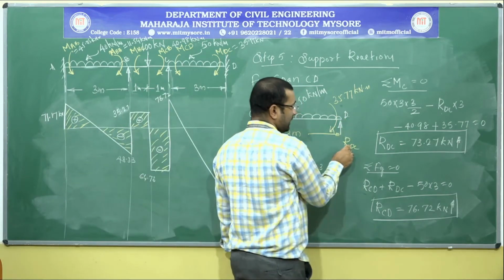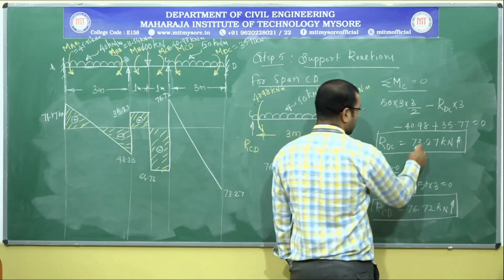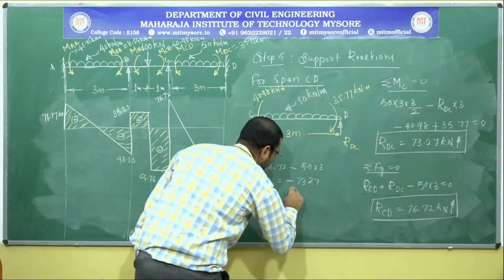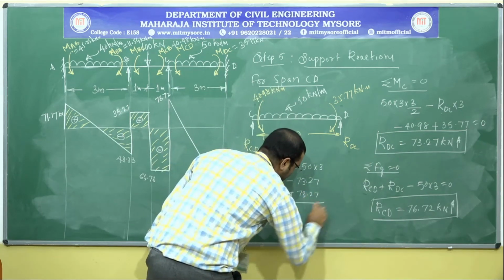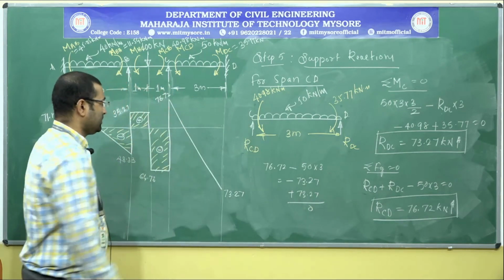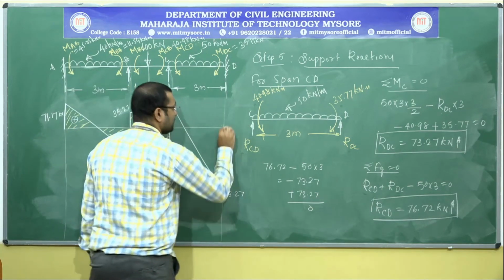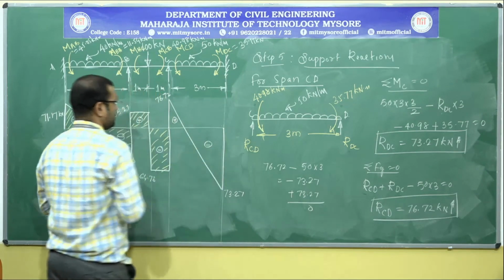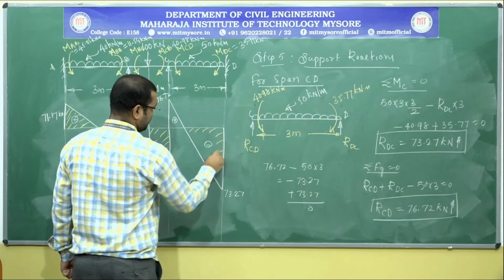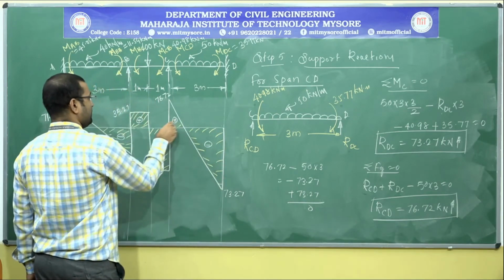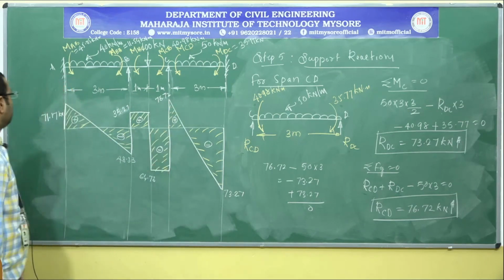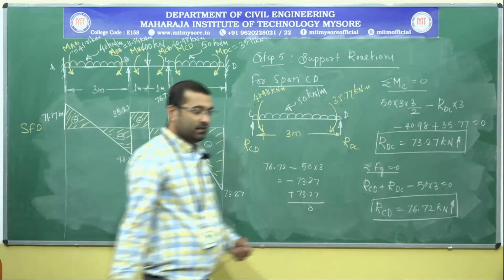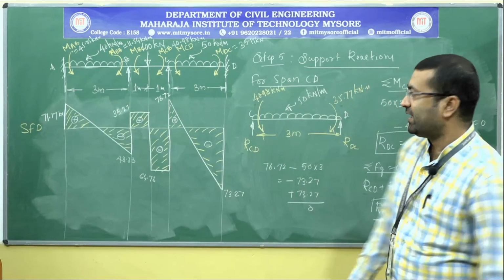So we have arrived at D point. At D point we have one reacting force which is acting vertically upwards, that is 73.27. So it is a negative value and this is a positive value, so plus 73.27 which yields 0. So I have to end this shear force value somewhere here exactly. This is a positive shear force, this is a negative shear force. So this is the shear force diagram. Similarly, we have to draw the bending moment diagram.